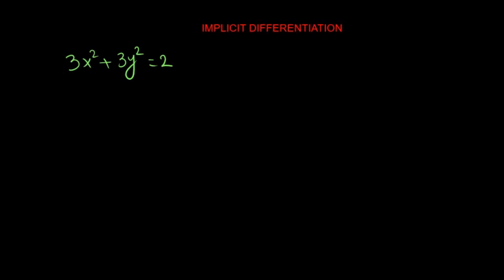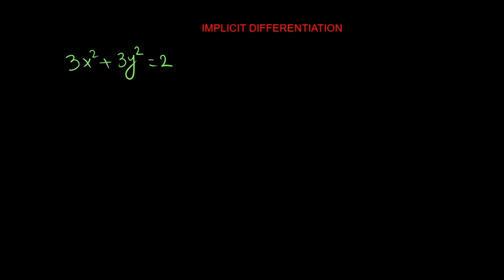Usually, when you do the differentiation, the given expression is in the form of y equals a function. In this case, you don't have that form. You have an expression in x and y combined. In situations like this, we use implicit differentiation, which is simply the method of doing differentiation on both sides of